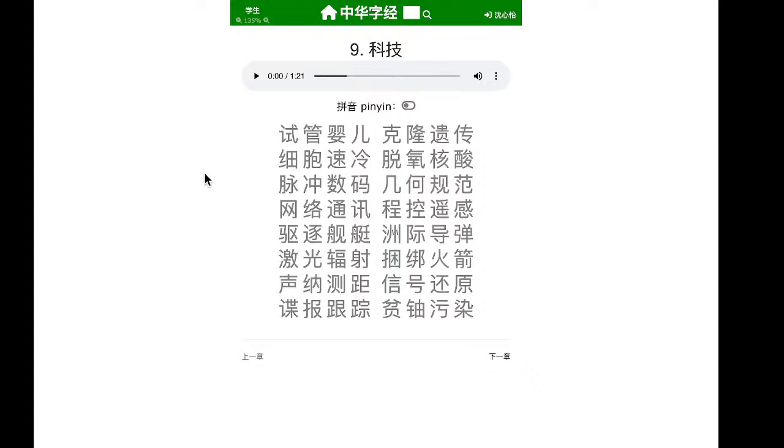Okay, let's start. So this unit is about science and technology, the characters that we often use in science and technology. Okay, let's start. The first one